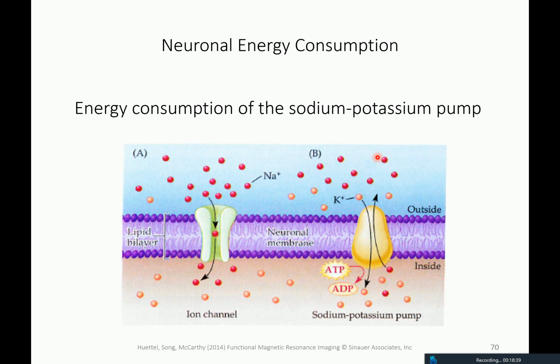And these gradients of ions need to be actively maintained. If they are not actively maintained, essentially when you die, then everything breaks down. And to maintain these gradients, you learned about the sodium-potassium pump, which eats energy in terms of ATP, which is transformed to ADP. We will see a little bit more on ADP later. So that's one